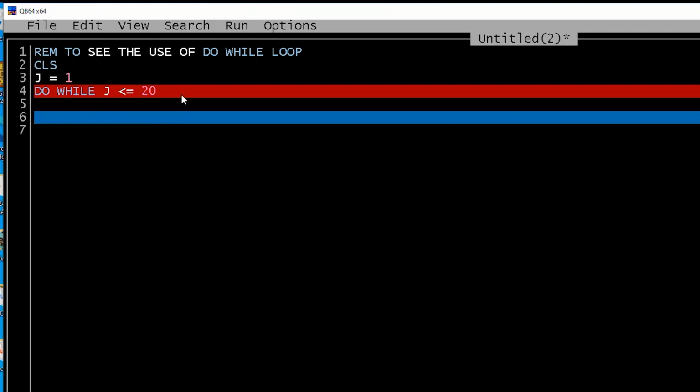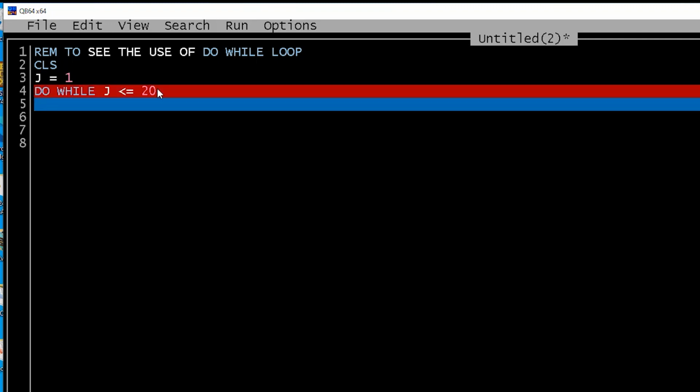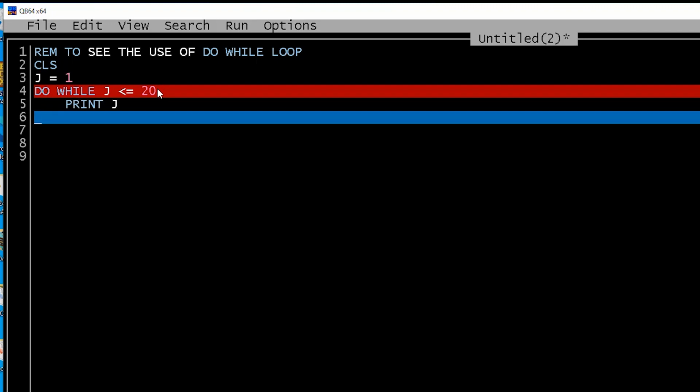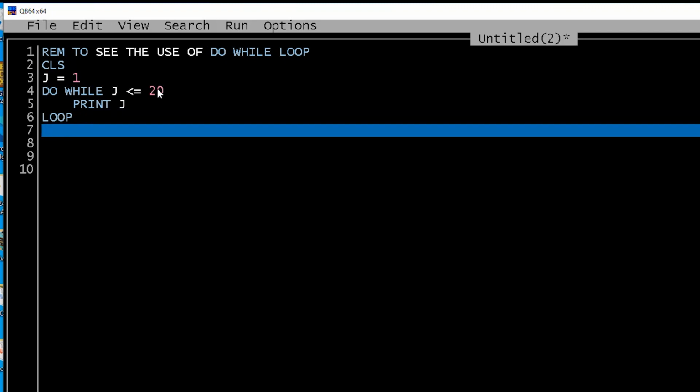Now again it will show here a red line. Why? Because it is not going to accept a do while without a loop. So till I type the word loop, L-O-O-P, it will keep on showing a red line. But no worries, I am just going to type the body of the loop, and here I can type loop now. Now the red line goes. Now here also, to see that it has come out of the loop, I'll just write print.